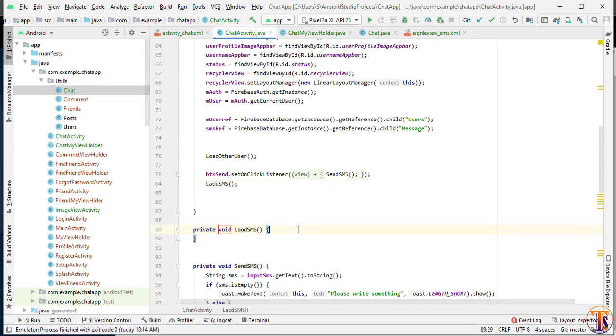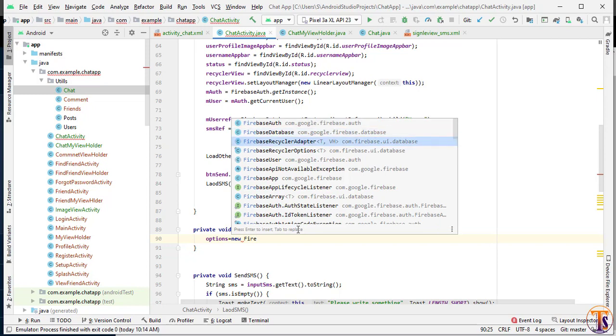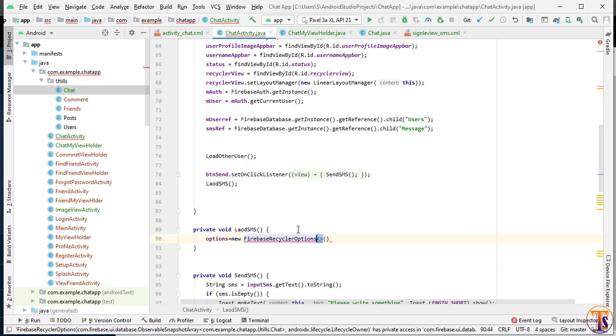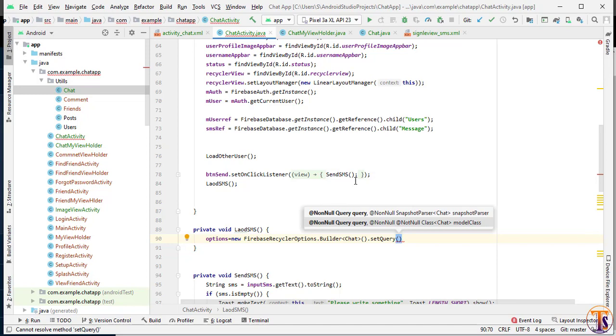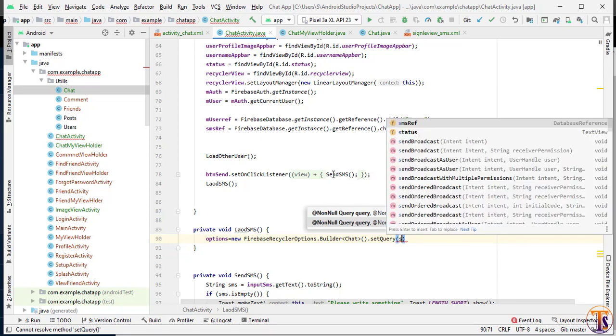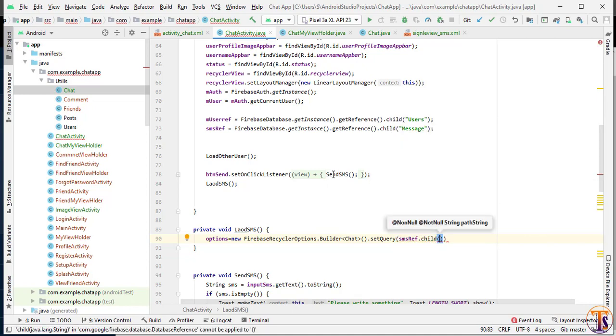Now here we need to initialize the first one, options, equal to new Firebase recycler options, and here we will call the builder method. Now we need to pass Chat class, dot setQuery. Here we need to pass our reference. Our reference is SMS reference, dot child, and here we pass our user ID.